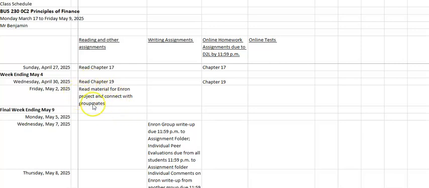Chapter 19 is the last chapter in the book, and it's really about alternative types of securities that are out there, but it just scratches the surface of those. So as you go through chapter 19, you may find that it's interesting to you.